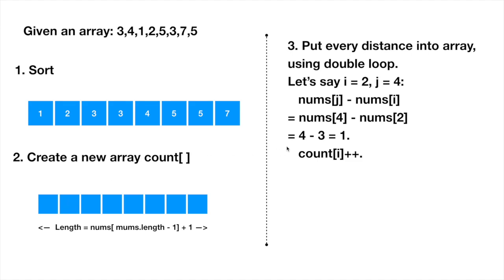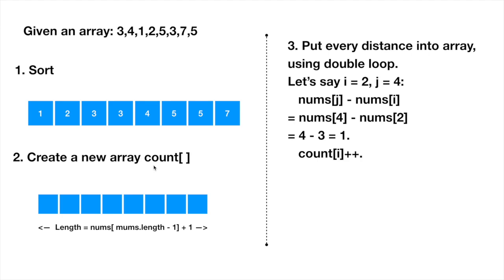So using this double loop, we could keep track of the number of each distance and store them in the count array. This is the reason why I created an array based on the largest number, because theoretically you could have at most n plus 1